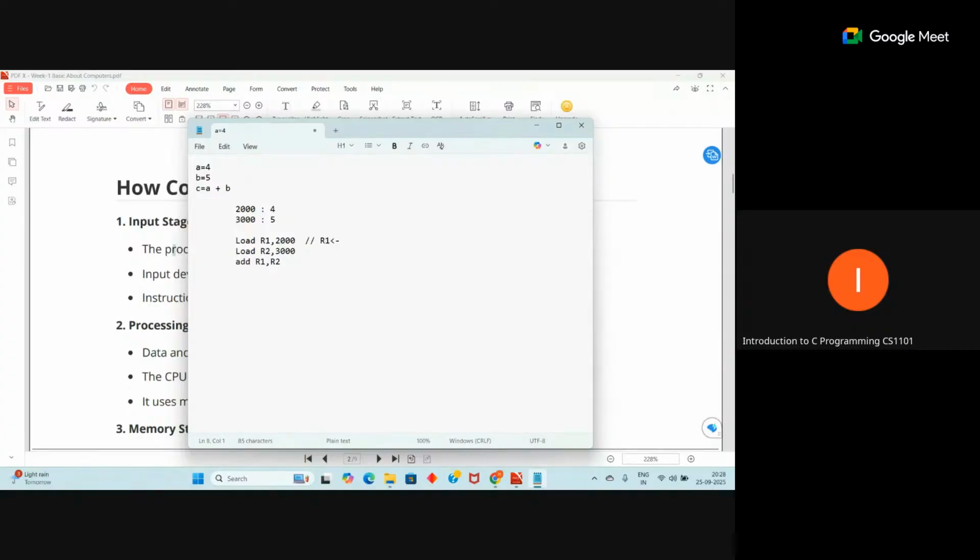What is the value of R1? 4. Because in this memory location, which value do we have? 4. That value will be stored in R1. So now after this instruction, your R2 contains